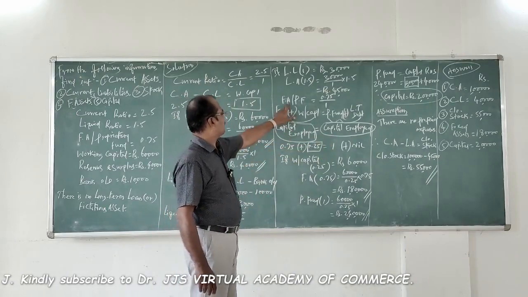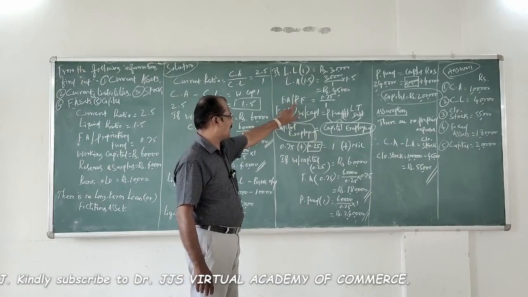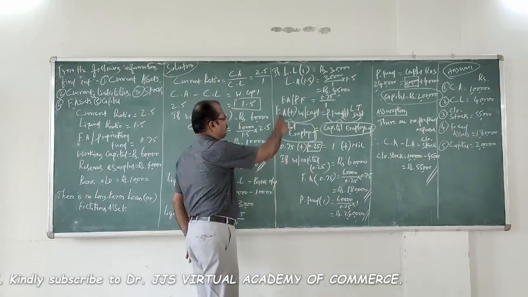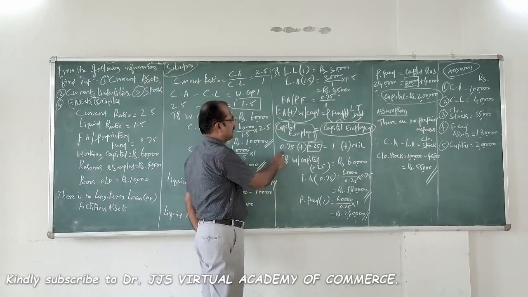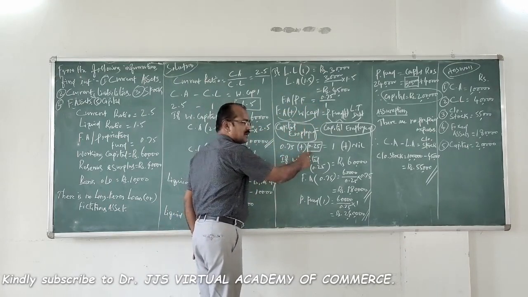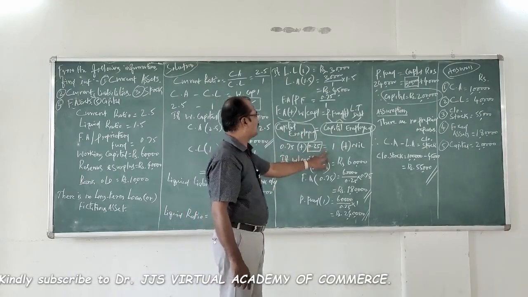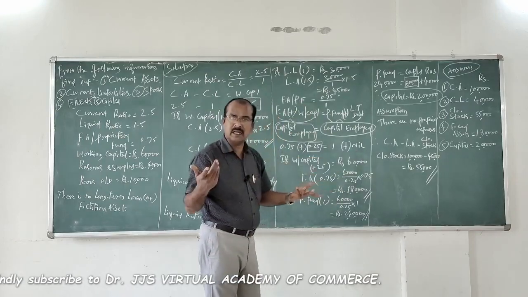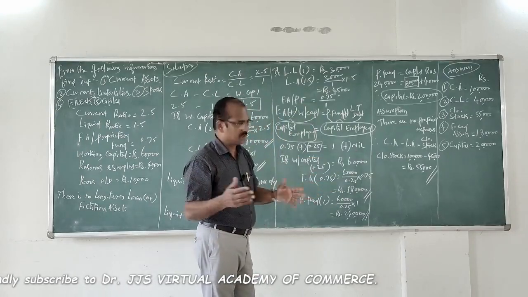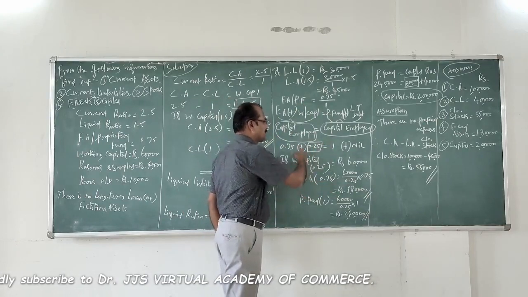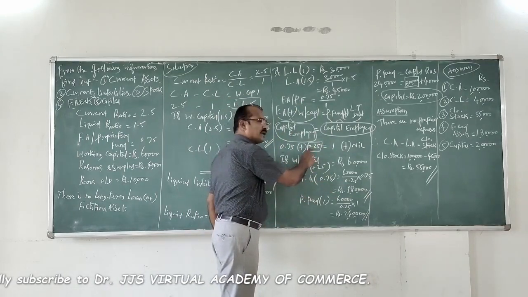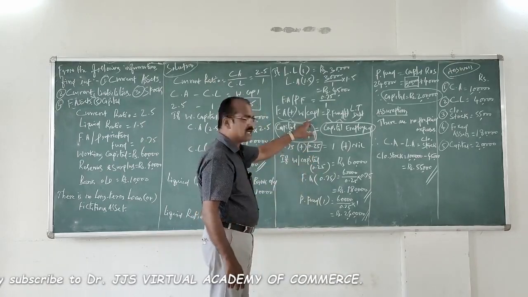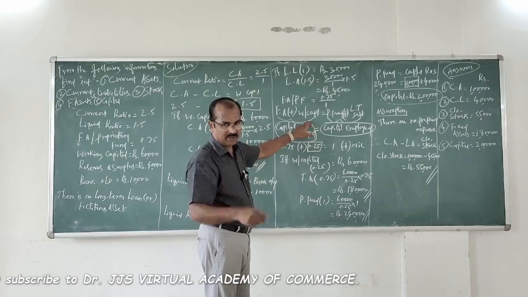Now listen, refer to this ratio. Fixed assets divided by proprietary fund is equal to 0.75 divided by 1. Therefore, fixed assets is 0.75. Working capital, the weight of the same, we do not know. Proprietary fund is 1. Long-term liability is nil according to the information given in the problem. Now you try to find out the balancing figure here. Over here you find the balancing figure, which is nothing but 0.25, which stands for the value of working capital.